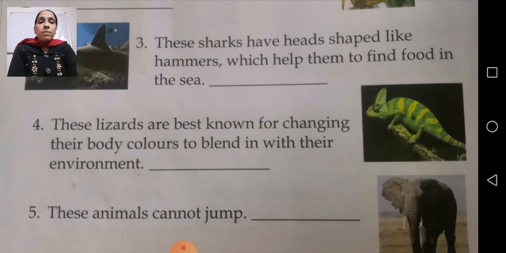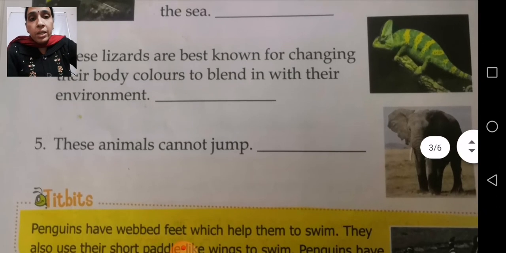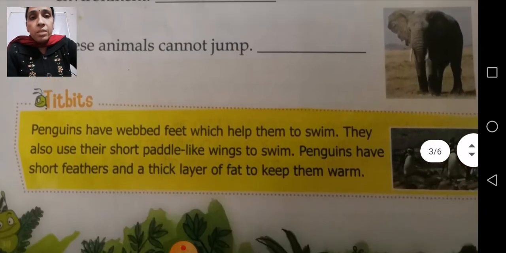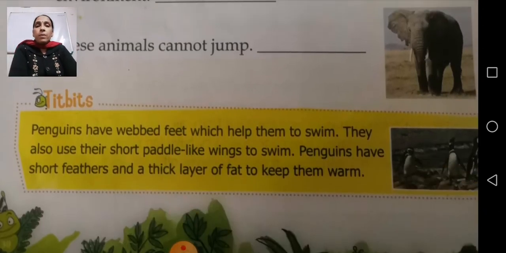If that animal tries, then the elephant will fall backwards. So elephants cannot jump. Now tidbits are very important. Penguins have webbed feet which help them to swim.